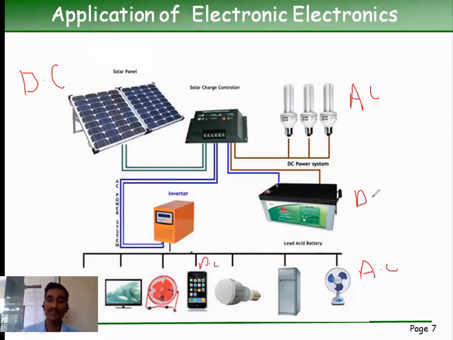So this device, that is battery, requires the DC power supply. So at that time, the solar energy which we take from this solar panel provides the DC voltage, and depending on the series connection, we can go for 12 volt, we can go for 48, depending on your voltage requirements. So it provides the DC voltage. At that time, this power electronics is very important to convert the DC voltage to the AC voltage.